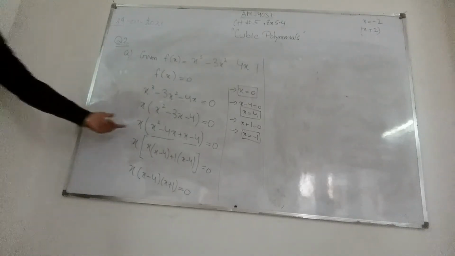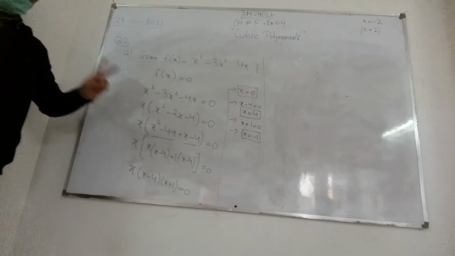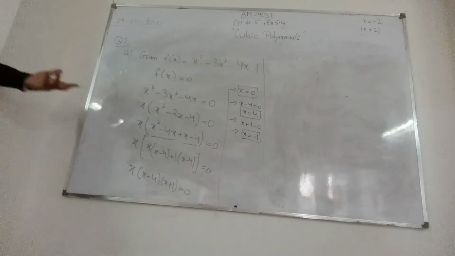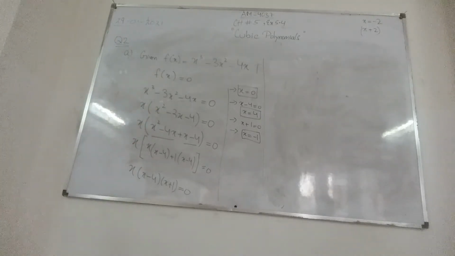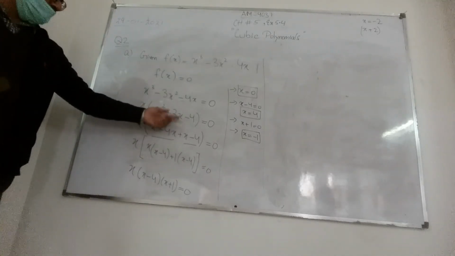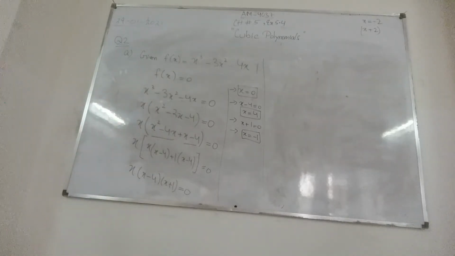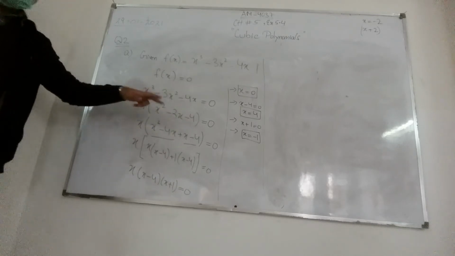After taking x as common, I can see that this 3-term expression has a highest power of 2. So this is a quadratic expression, and I know a method to factorize a quadratic expression. The most common method is the middle term breaking method. I have to break this middle term into 2 factors, and I have to make these 3 terms into 4 terms so that I can take common from the first 2 and the last 2. So this is minus 3x, and I will apply the middle term breaking method.